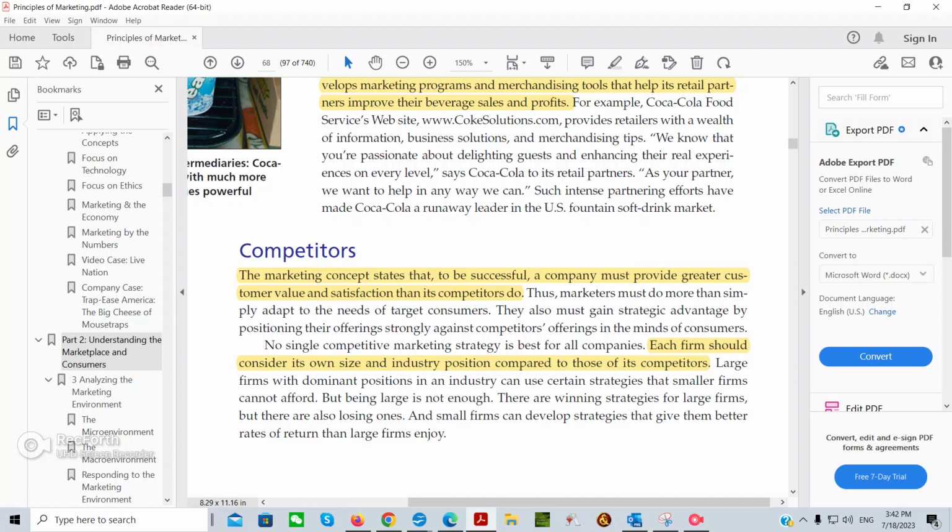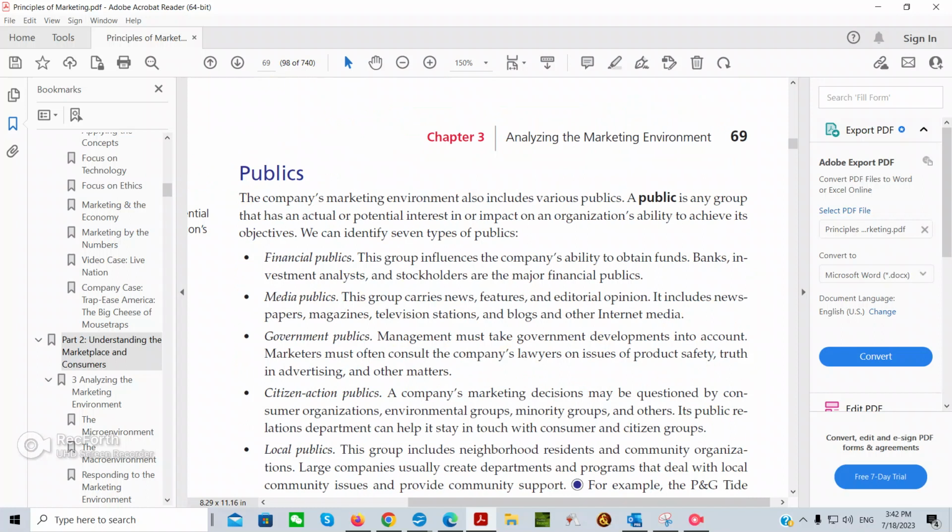Now let's talk about that again for a second. When we look at the competitors, we have to look at what their strategy is and what their strengths and weaknesses are. Their strength is maybe that they have more financial buying power. Their weakness is maybe that they are not able to get into the niche that you're able to get into. Or maybe they don't have the same kind of relationships established that you do.